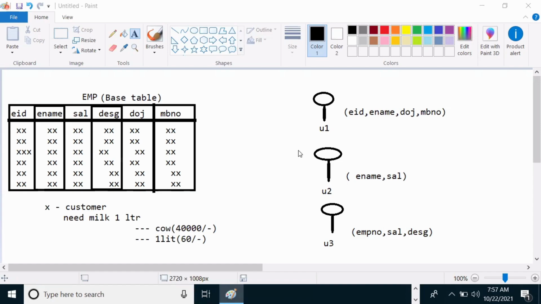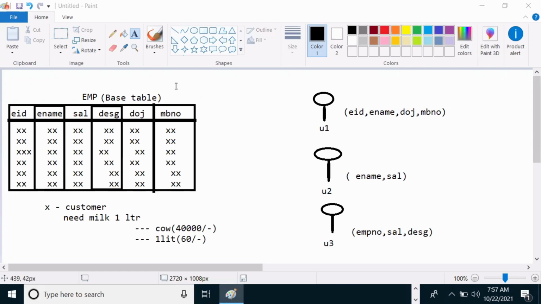Now observe, this is the problem, this is the situation. So how do we overcome this situation?